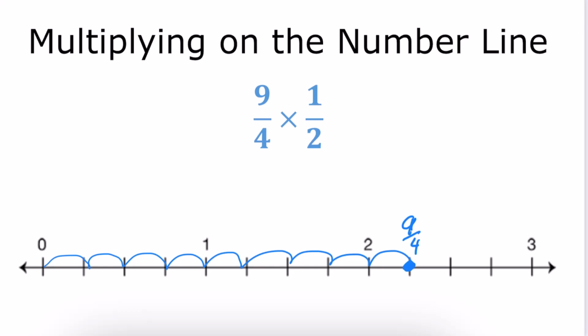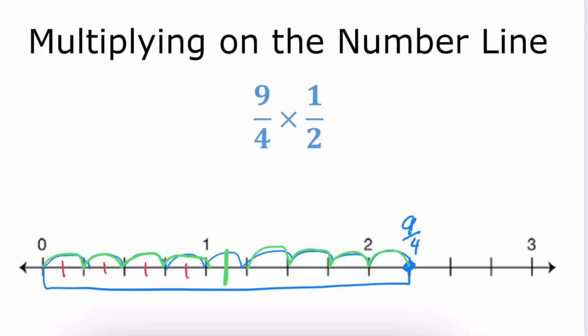And if I want to have a half of a group of 9/4, I just need to take this distance and split it in half. So I'm going to split it in half by counting in from the side. So maybe I'll count in 1, 2, 3, 4, and then go 1, 2, 3, 4. And then it looks like the halfway mark is going to be right there in the middle of 1 and 1 1/4. And so to figure out what that point is, I need to split all of the other distances